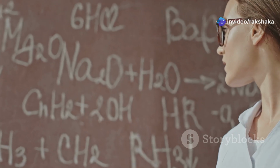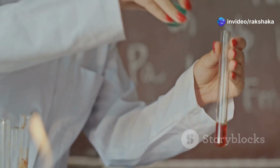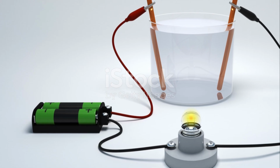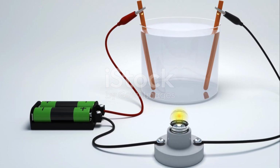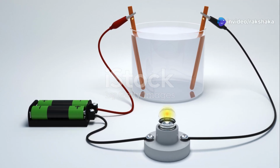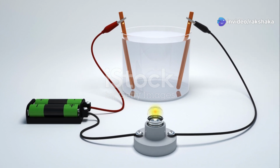Both galvanic and electrolytic cells consist of essential components: electrodes, electrolytes, and often a salt bridge. Each component plays a critical role in the cell's operation, ensuring the smooth flow of electrons and ions necessary for the chemical reactions to occur. Electrodes, typically made of metals or other conductive materials, serve as the sites where chemical reactions occur. They are the heart of the cell, where the magic of energy conversion happens, transforming chemical energy into electrical energy